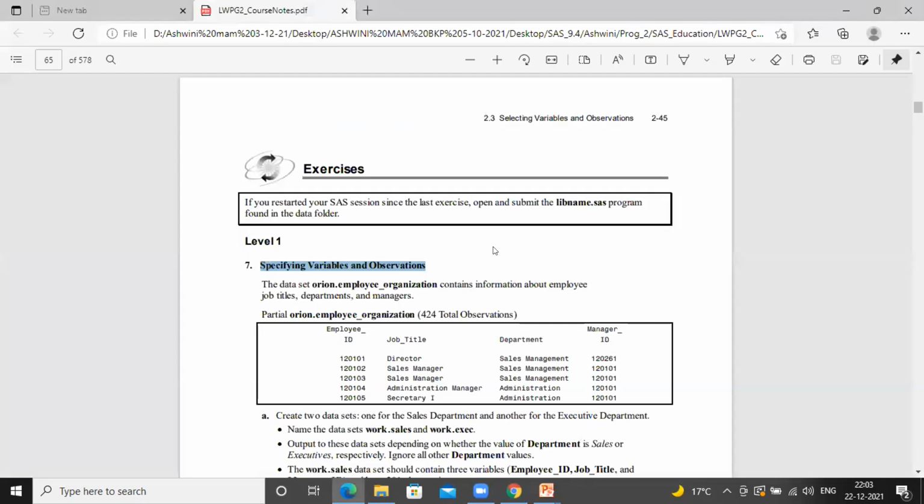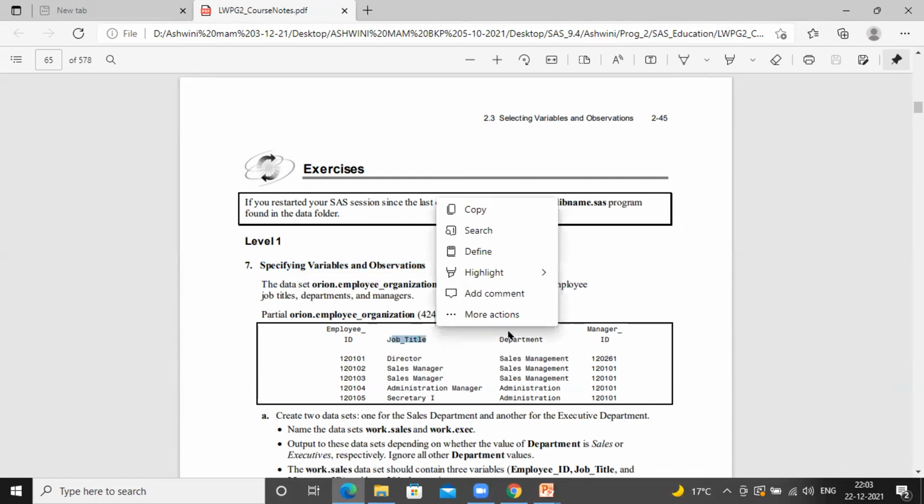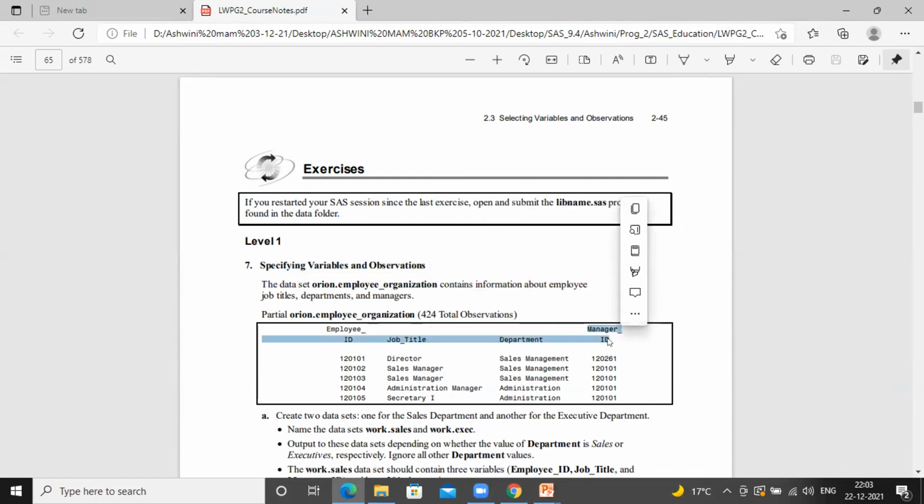So come to this exercise. Level 1, 7th exercise, specifying variables and observations, page 2-45. The dataset orion.employee_organization contains information about employee, job title, department, managers. So you have employee ID, job title, department, manager ID.